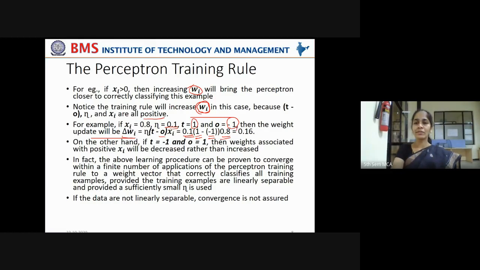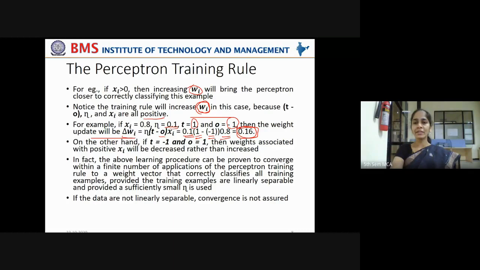So what is the value that is calculated? 0.16. So the increase in the weight should be plus 0.16 in order to make the prediction plus 1 instead of minus 1. Got it? This is how the weight adjustment is calculated by the perceptron.